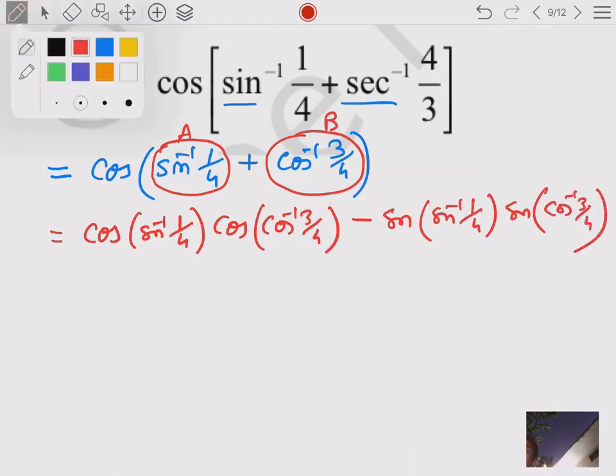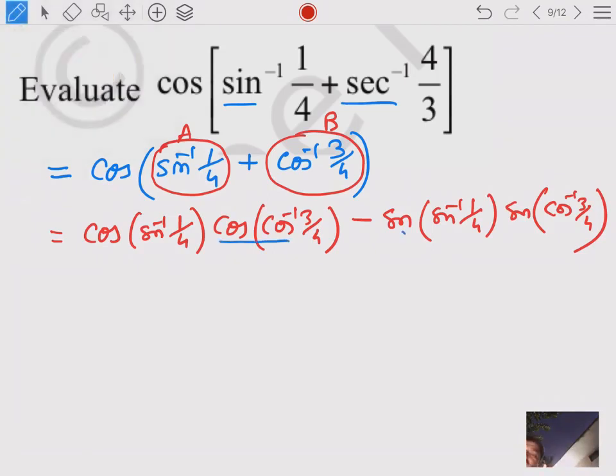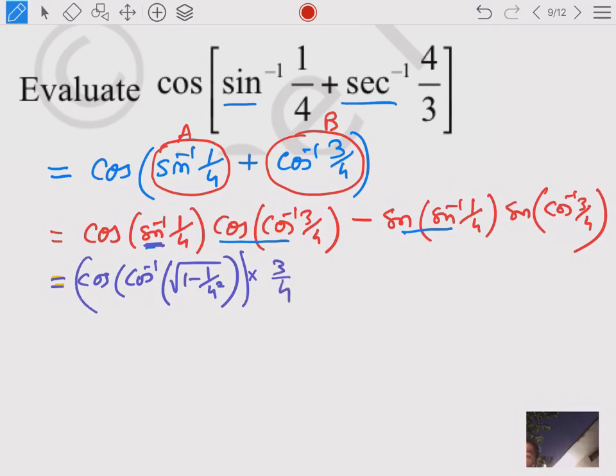So now by this method, this is very easily solvable. The remaining parts can also be solved using this identity: sine inverse x can be converted into cos inverse. By that identity, it will be written as cos of cos inverse square root of 1 minus 1 by 4 squared. Now it is directly 3 by 4. Similarly, it is directly 1 by 4. And in this step, this cos can be converted into sine inverse form, sine inverse square root of 1 minus 9 by 16.